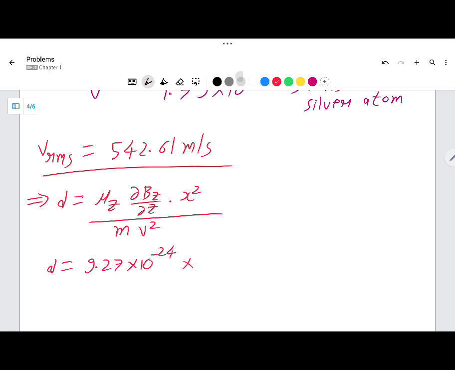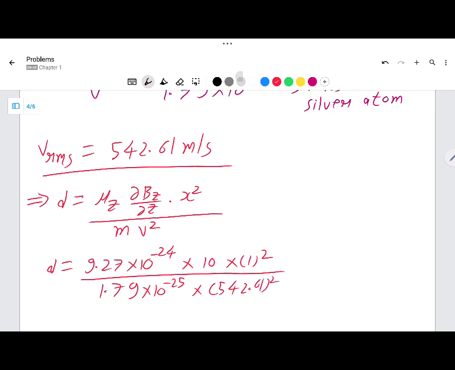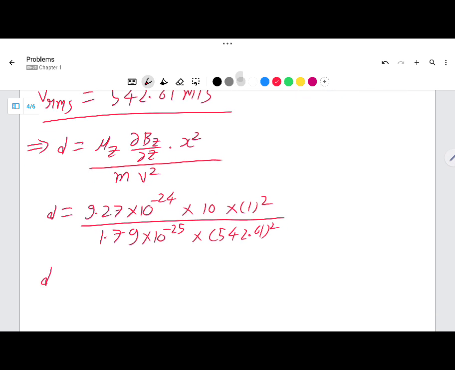Then this is the magnetic field gradient, which is 10 teslas per meter. Then this is 1 meter squared. Mass of silver atoms in kilograms, and the velocity squared. So when you plug in all these numbers, what you get is 0.001749 meters, which is roughly 1.7 mm,